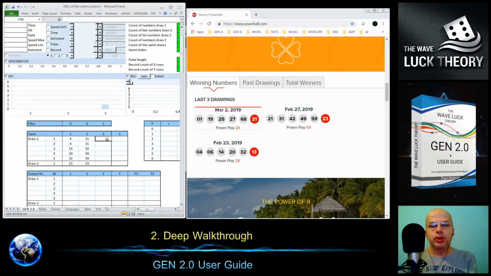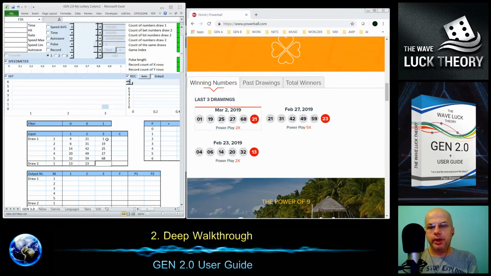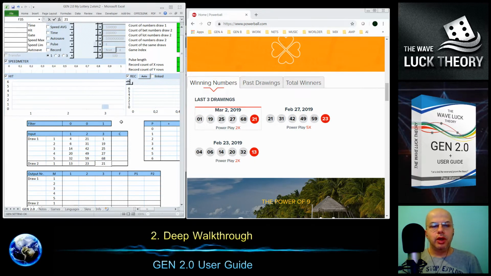Then we have the newest drawing from the 2nd of March, and it's numbers 1, 19, 25, 27, 68, and the second draw is 21. So we are ready with the input box.